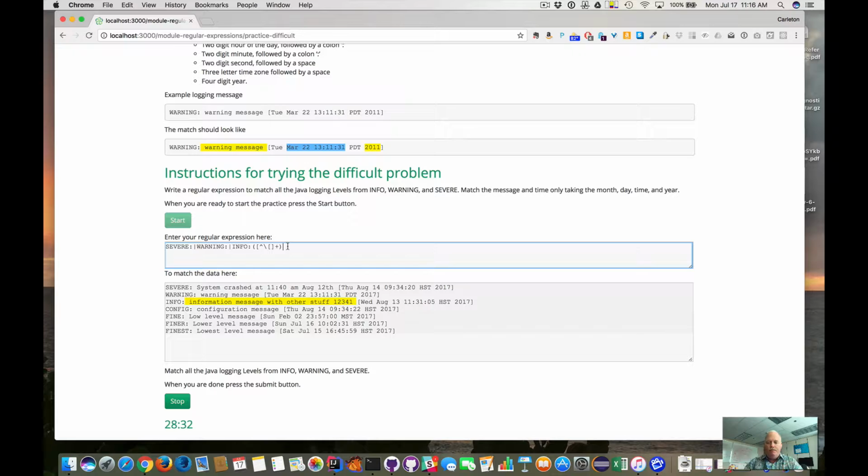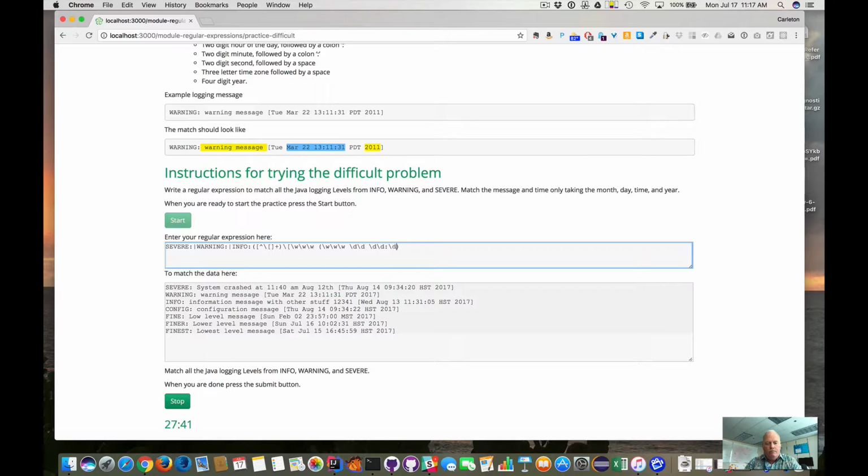I then want to skip over the square bracket, so I have to escape it. So that takes care of my square bracket. I also have 3 characters for the day of the week, so I'll skip that one, 3, and then there's a space. But now I want to match this bit here, so I want to have a capture. And then I want to say it's 3 characters. So that's my August, a space, 2 digits, that's the day of the month, a space, the hours,